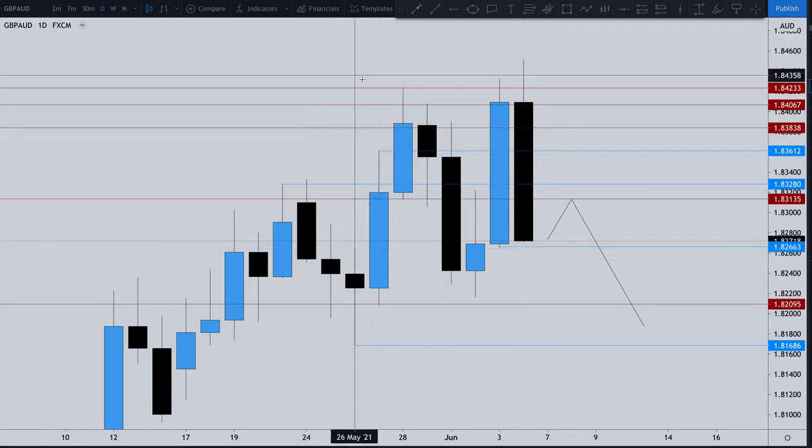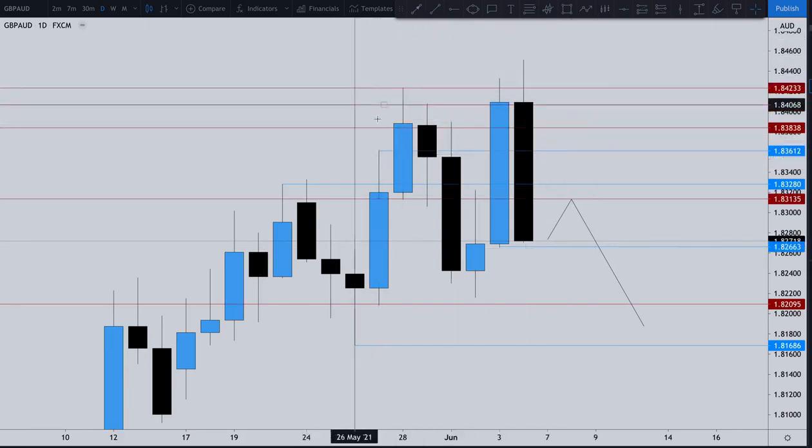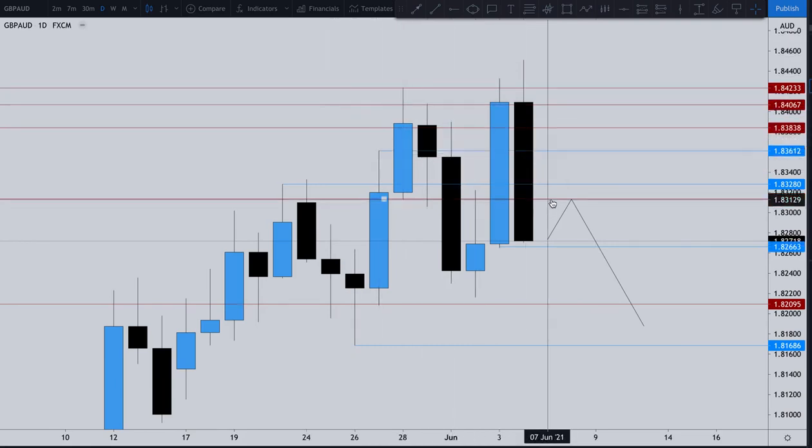Unless something drastic happens fundamentally, check Astronomics this week, I don't really see the market pulling up and gaining the strength to come back into these regions. I see it pushing into 8.313 and then collapsing. So with that being said,